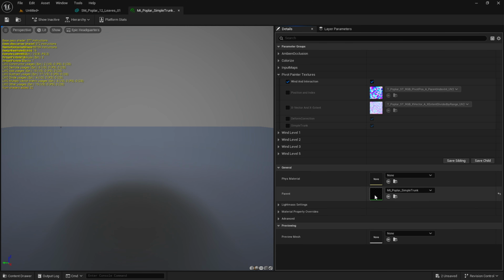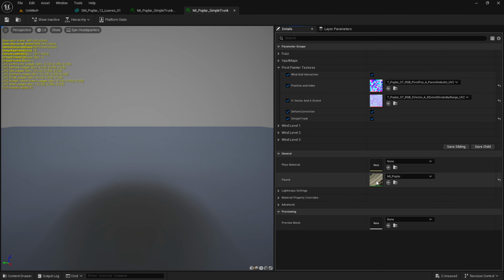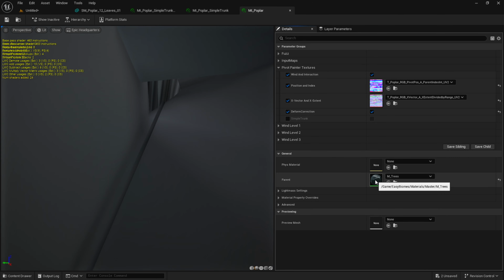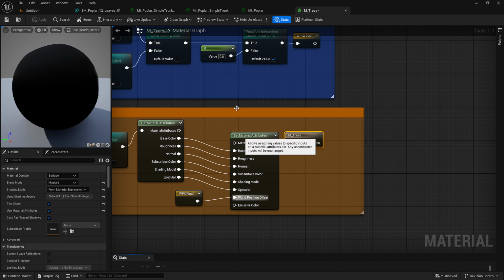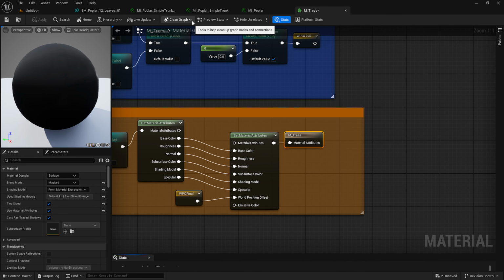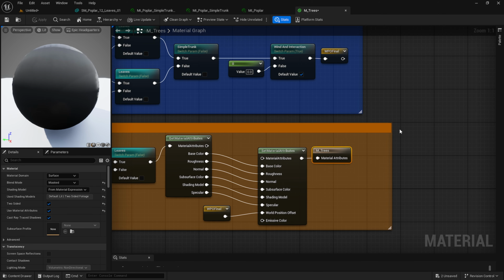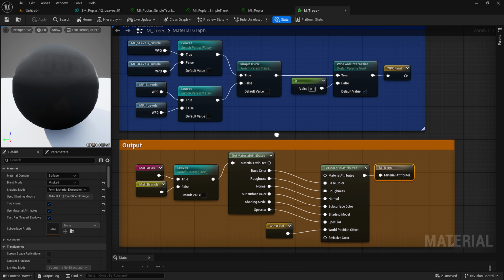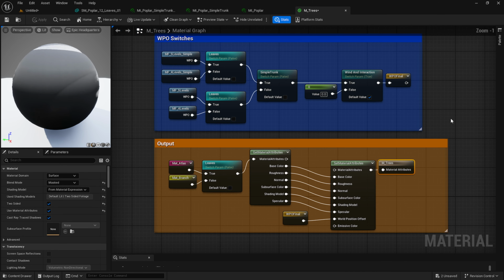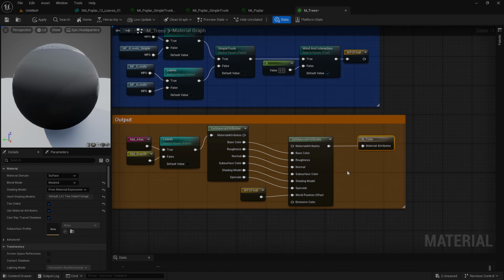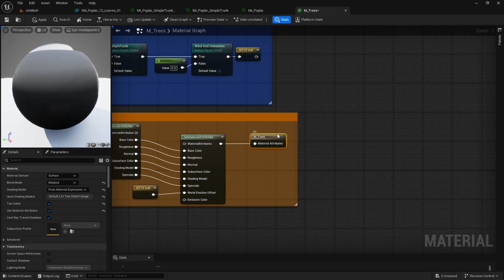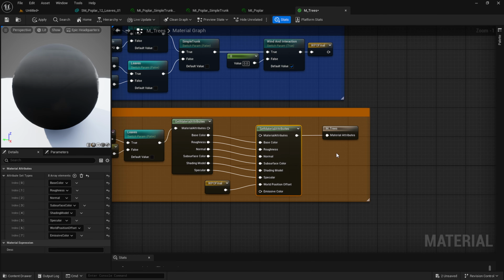And if we just keep following the parent chain, we'll eventually work our way all the way back up to the master material. And as you can see, for this material, it's about 4 or 5 layers deep. I'm using this as my example because it shows that you can pretty simply install these functions into the master material for any instance, and it will propagate through every instance in your scene and give you reactive functions. So now that we are in the parent material, we're going to go ahead and either find the material output, or in this case, since they have material attributes turned on, we want to find the set material attributes node.